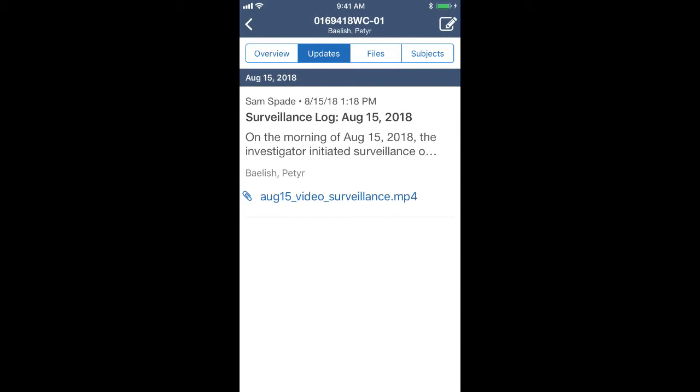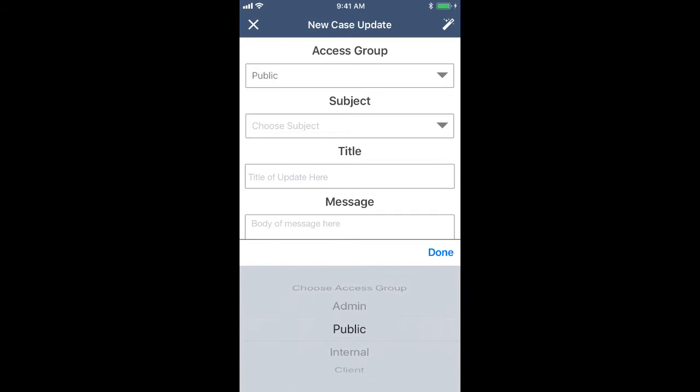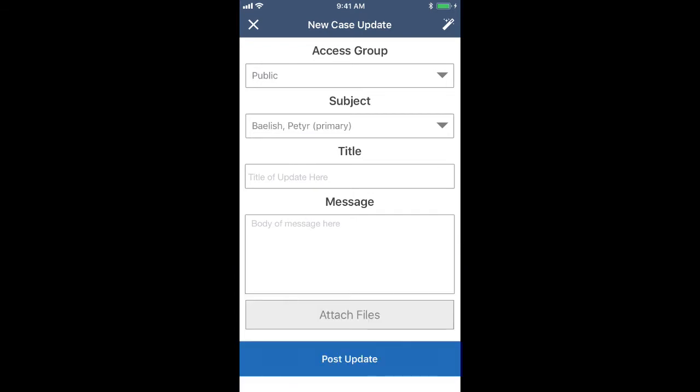And if we click the little pencil and paper icon at the top right, that'll bring us to a new case update. We can then select our access group. We can select our subject. And then if we click the little wand icon at the top right, it'll allow us to choose from our